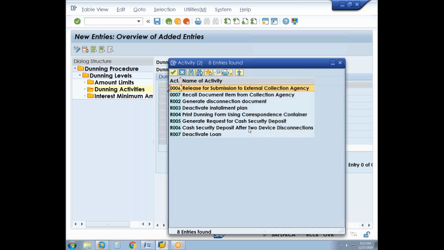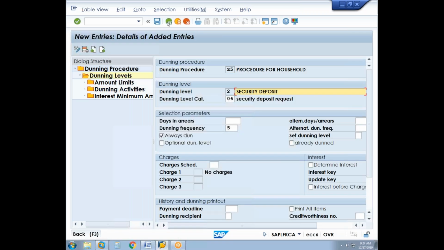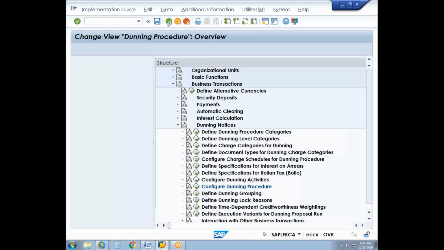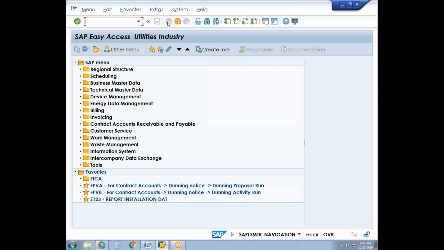So we will say cash security deposit after two device disconnections not applicable. Generate the request for the cash security deposit. Select R005, continue, and then save it. Come back. Now let us rerun the Dunning with the new date as, let's say, 14th. Okay, we will see whether Dunning will happen. Now we will go to again